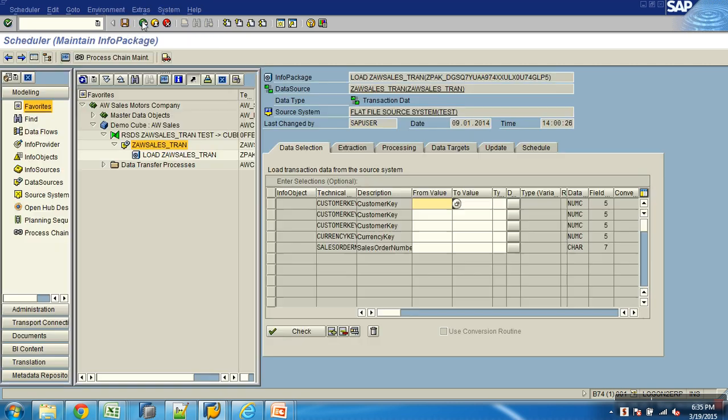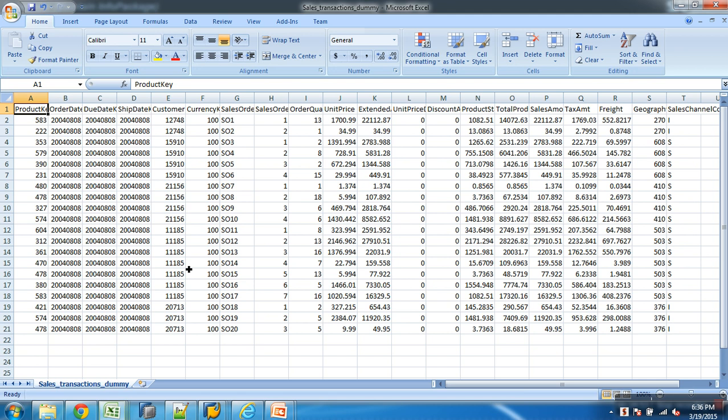You remember it was saying something, look at this. Delta only via full upload. So there is no delta actually. You have to simulate delta with full only. Technically it will be full, but logically you should make it delta. That's the concept. If I keep doing full every day, I am not loading the same data every day. So even though technically it doesn't support delta, logically it should be delta for me.